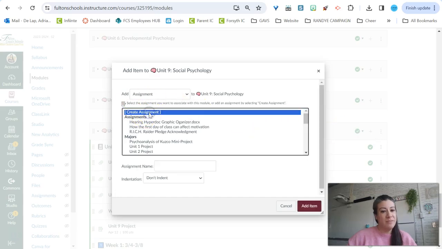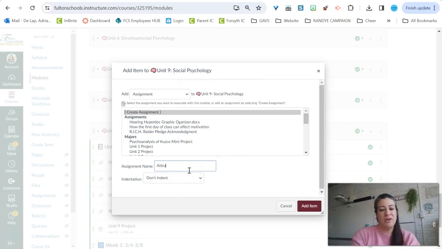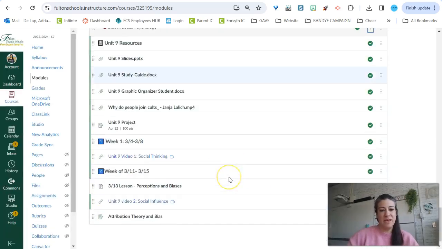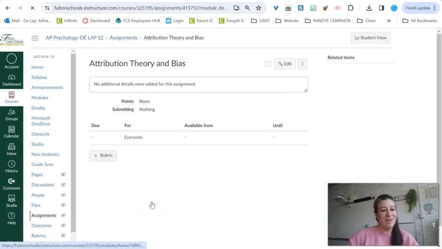Create assignment, and I'm going to name it Attribution Theory. I'm going to add the item, and now I'm going to find it all the way in the bottom. I'm going to click on it so that way I can edit it. I'm going to click Edit,